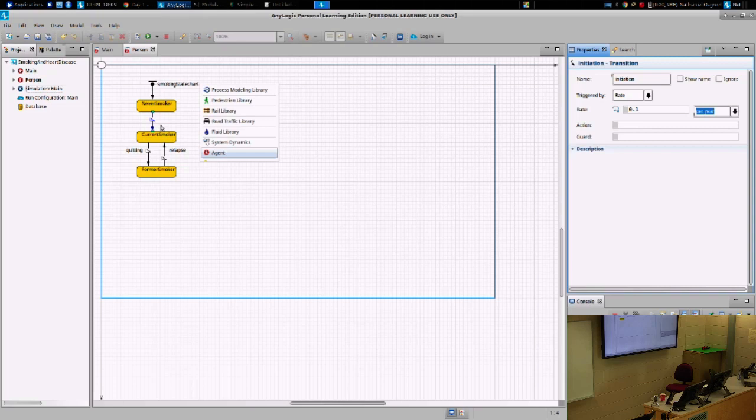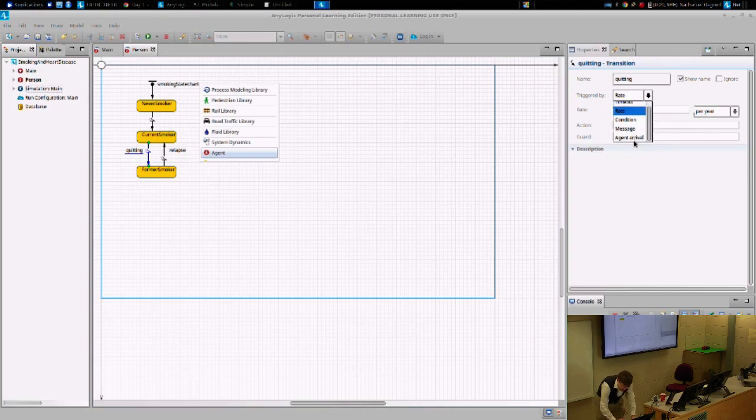Time-varying rates with some finesse. We'll also examine situations where one agent influences another, maybe through peer pressure or direct transmission of norms, attitudes, beliefs, or indeed pathogen. Those are different types of transitions, and as you pick down a transition, you can specify a timeout, which we saw before, a condition, a message,